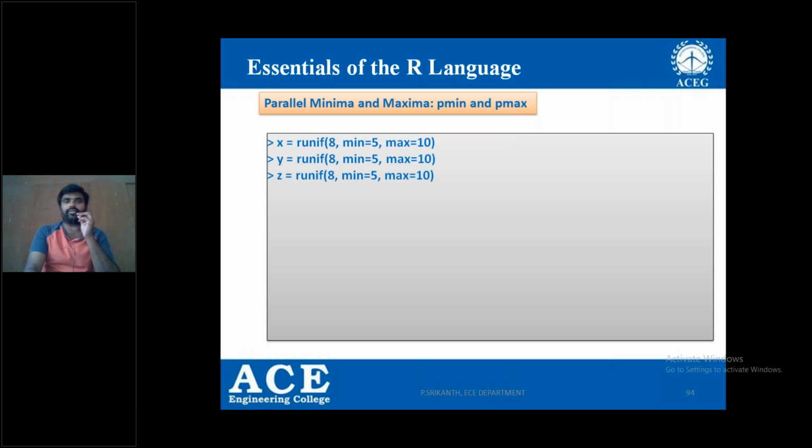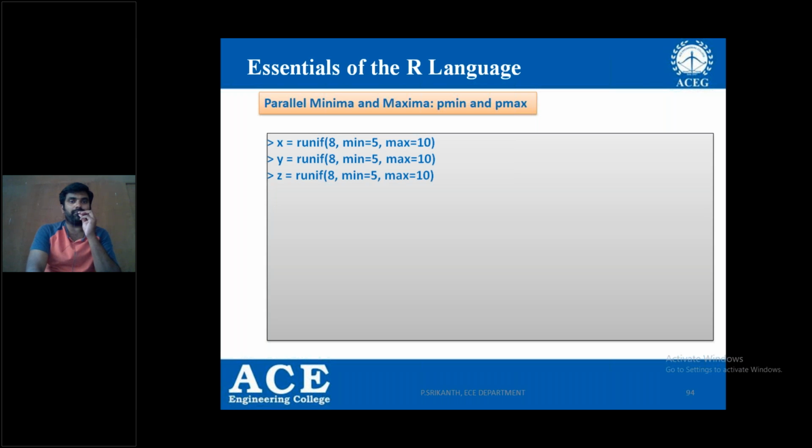These are all operations. Here, parallel minima and maxima, Pmin and Pmax. Usually here it is uniform distribution. So it is going to assign x with a uniform density function, with how many values? 8 values, out of which the minimum value is 5 and the maximum value is 10.